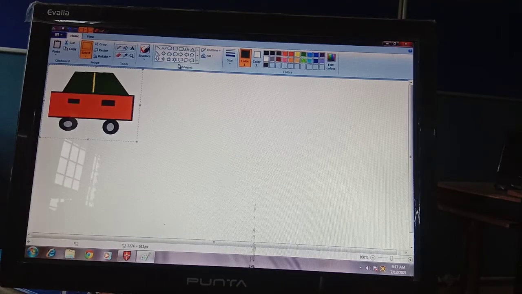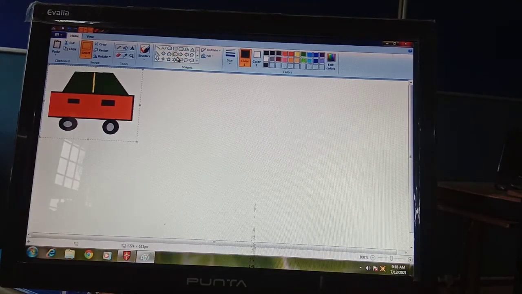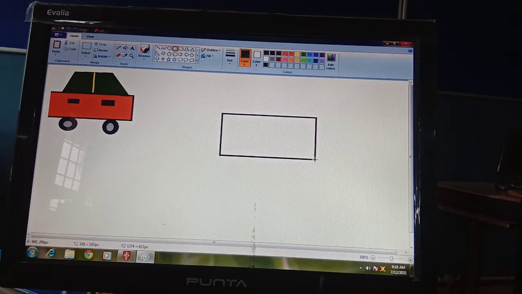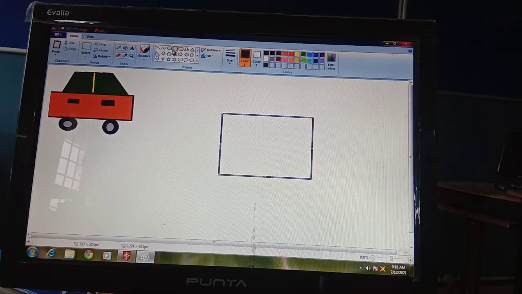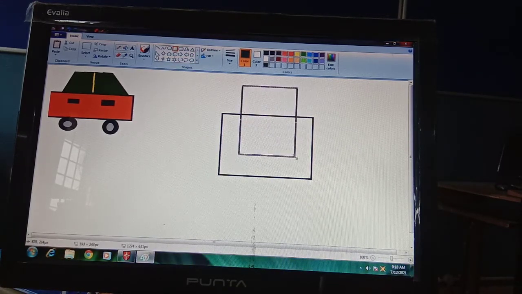Now I am making one more picture. For example, I am making one rectangular picture, something like this. Okay, so I am just coloring it.